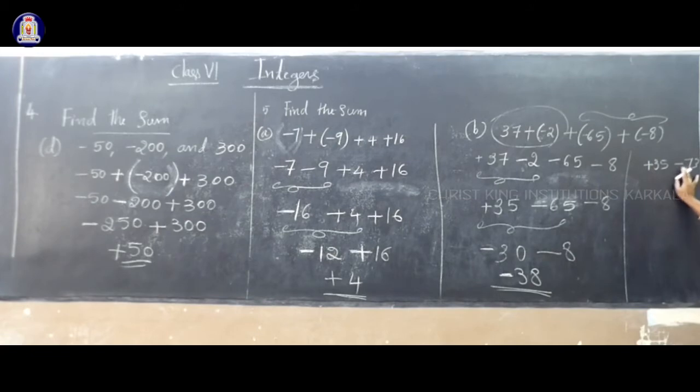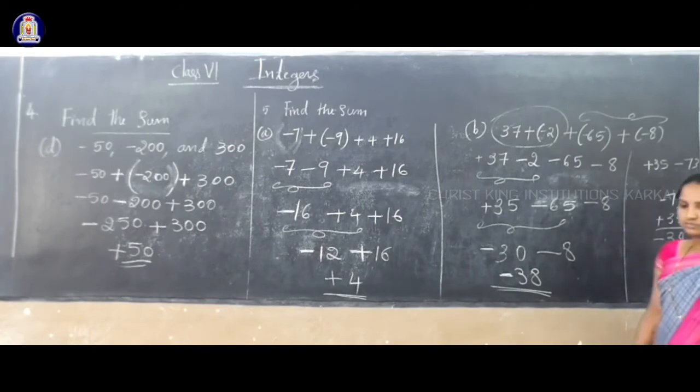So if you see, the greater number sign is plus. So what is the sign now? Minus 65 minus 8 will get minus 73. Okay. Now if you subtract plus 35 minus 73. So 13 minus 7. Understood now? So 73 minus 35. That is minus 73 plus 35. So if you subtract, 13 minus 5 is 8. Is it correct? So what is remaining here? 6. 6 minus 3 is 3. So the greater number is 73. That sign is minus. Understood?